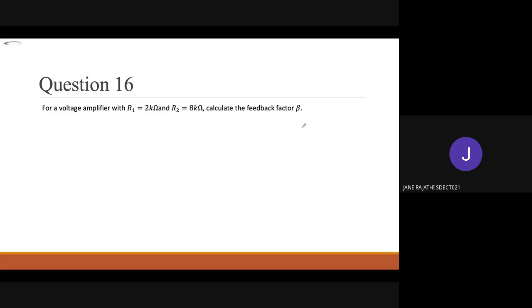And what is the formula, ma'am? Okay, Manoj, can you please explain how you have found out? So ma'am, beta is equal to R1 by R1 plus R2. Yes, the direct formula is beta equal to R1 by R1 plus R2. So now tell me what is the answer. It is 2 by